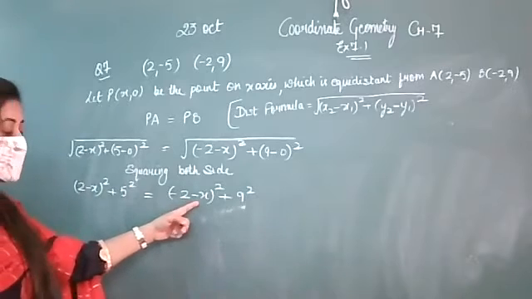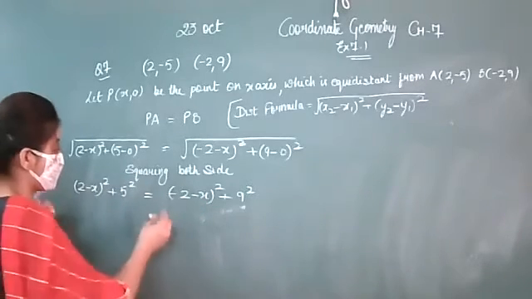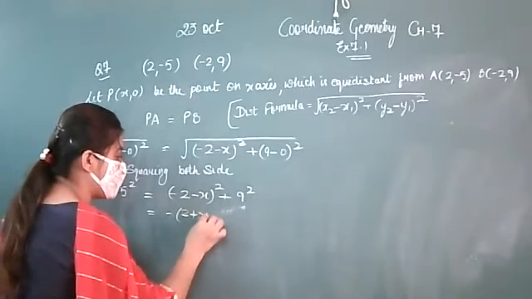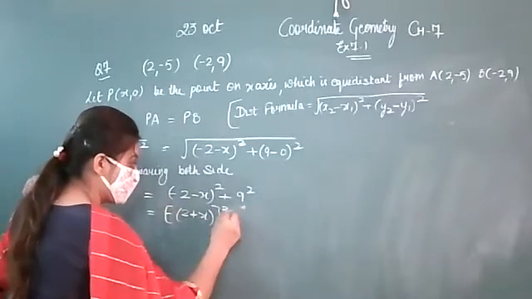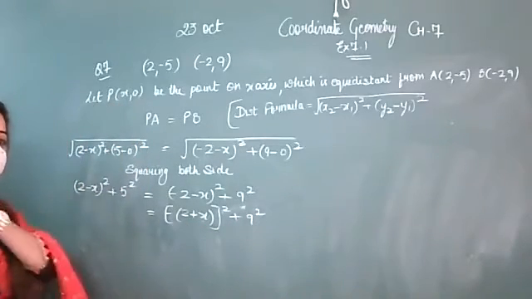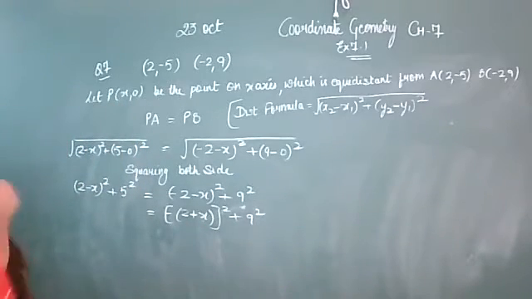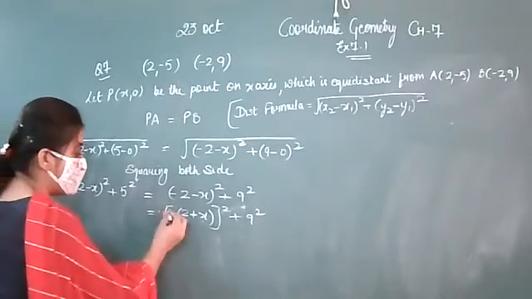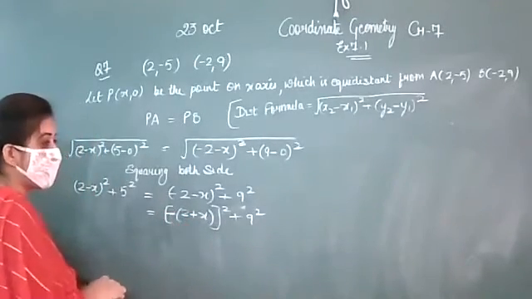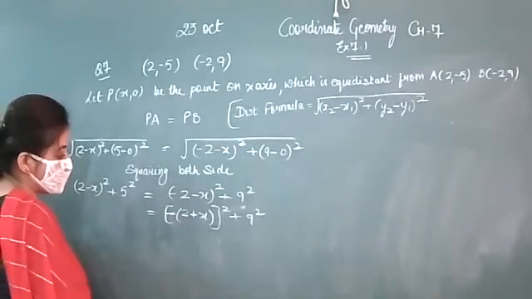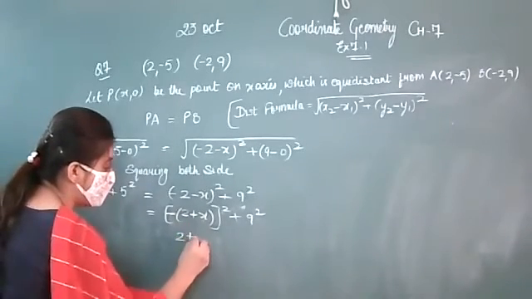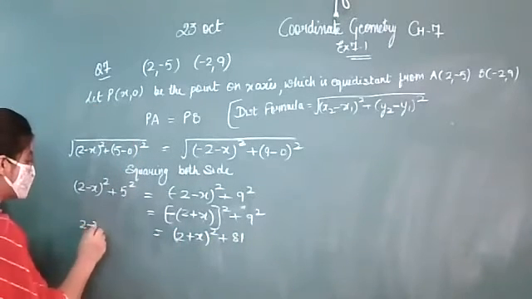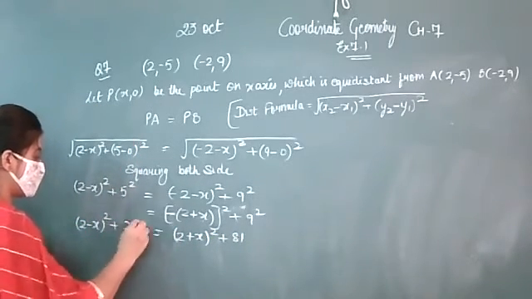Now, in this step, beta, you can see that negative is there on both the sides. If you take negative common, this will become (2 plus x) whole square. Is it okay? Beta, if you want to apply the formula directly without even taking common, you can. But the chances of mistake is there. So it's better you should take negative common to make it positive. Now, when you make the square of this negative number, this will give you positive and your number will become (2 plus x) whole square plus 25 equals (2 plus x) whole square plus 81.